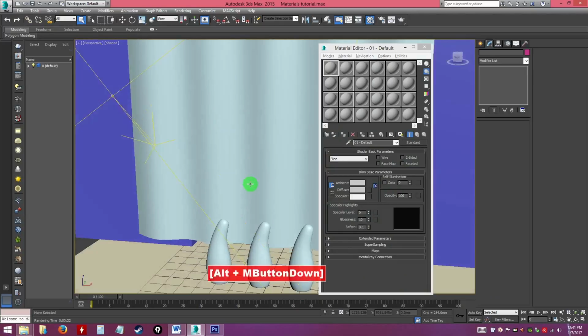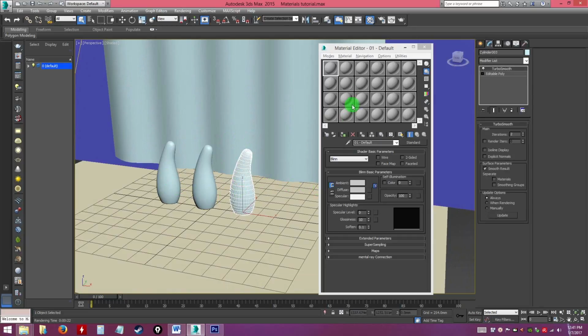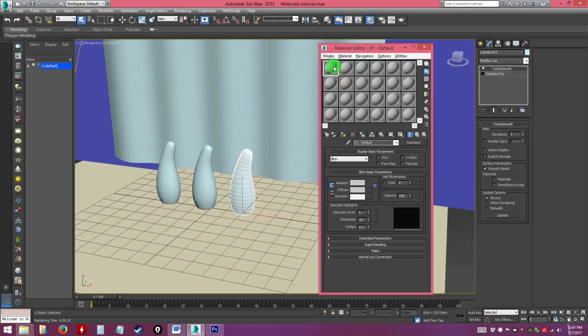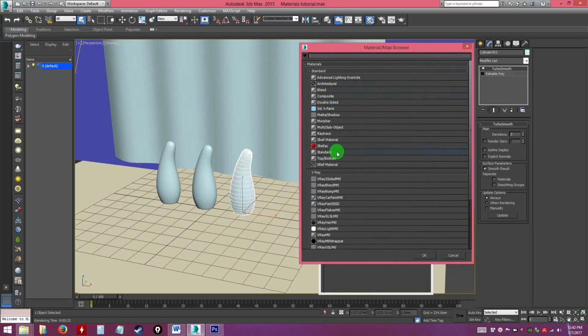So the first thing we want to do is explore the standard materials. All right, so I'm going to apply to one of these. I'm going to name this. Select the slot, and here you see standard. These are using standard 3D Max material. We're going to be using a standard V-Ray material instead, since we're heavily going to be using V-Ray for our interior design rendering job. So click on the standard,